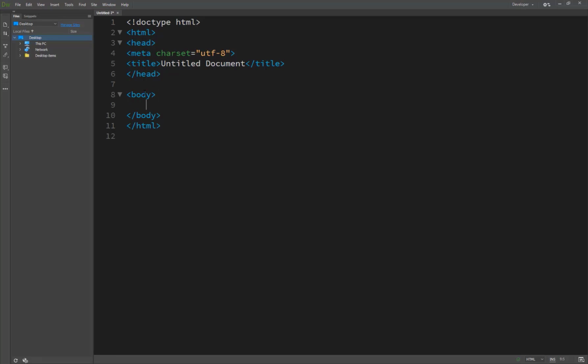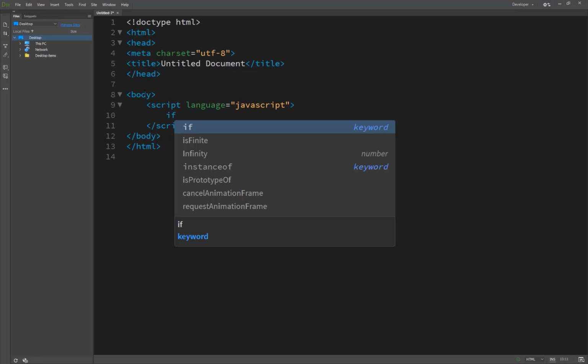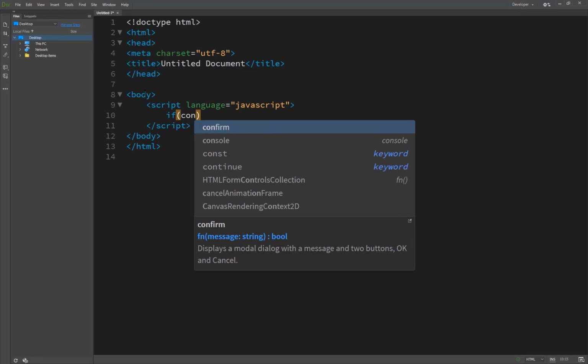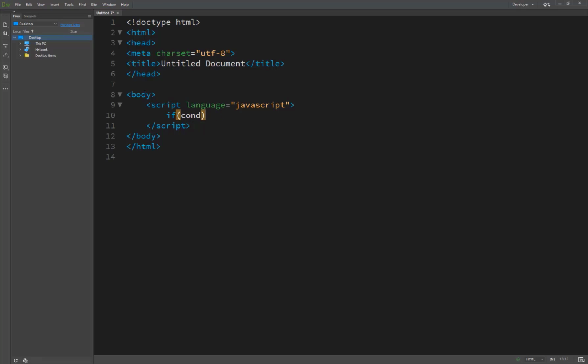We use curly brackets in the script language JavaScript when we are checking a condition, with an if, and then we pass in a condition. If the condition is true, the code runs, and all the lines of commands inside the curly brackets run. Otherwise, it is false and goes to the else, and all the code inside the else runs if the condition is not true.